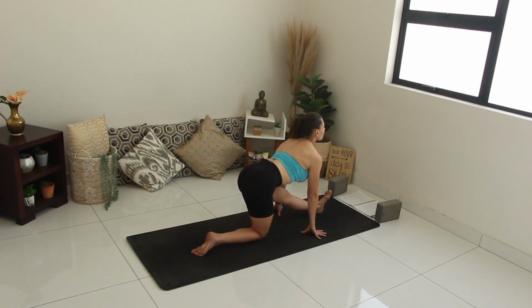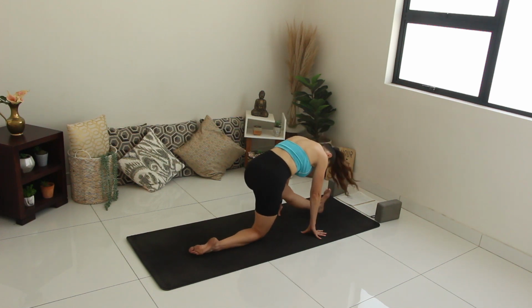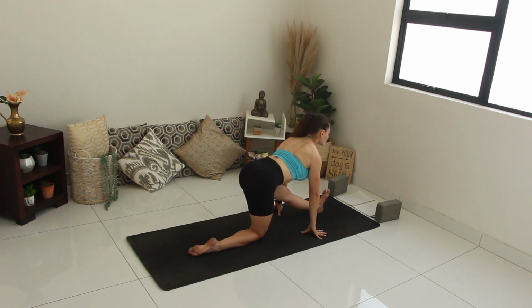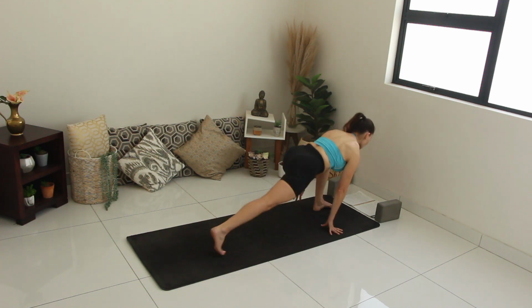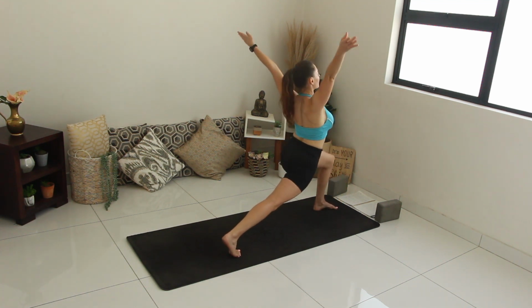Inhale, arch, and feel the stretch intensify in the hamstring, and exhale, curl, and inhale, arch, exhale, curl. Inhale, one more like this. And exhale. And then coming forward into your deep lunge and then lifting up into a warrior one, coming down